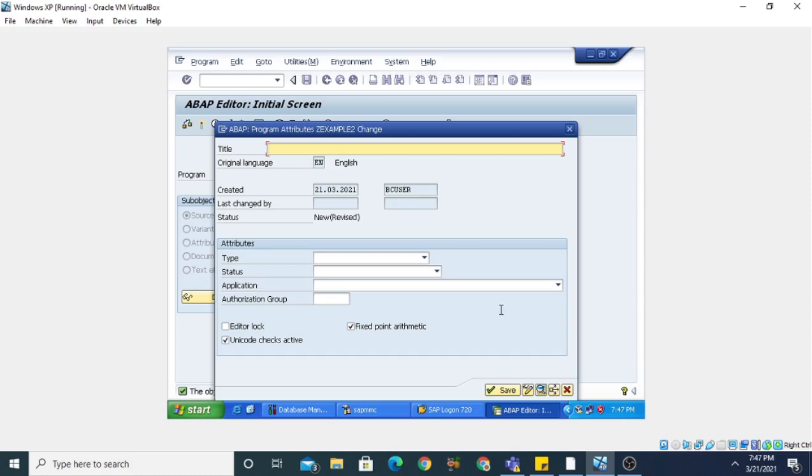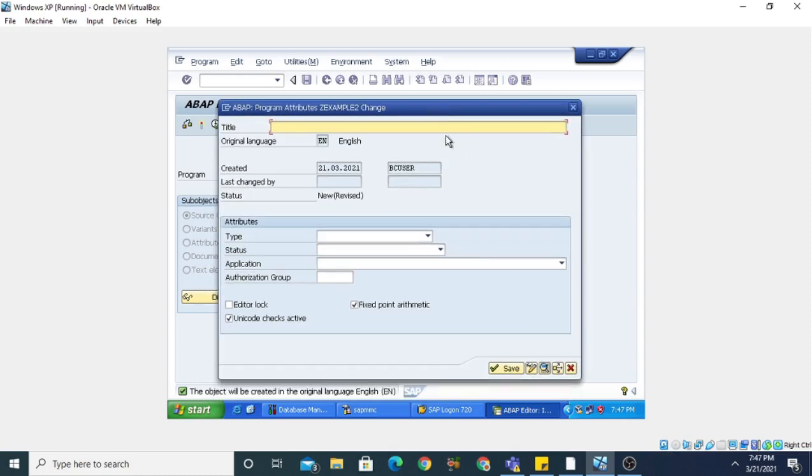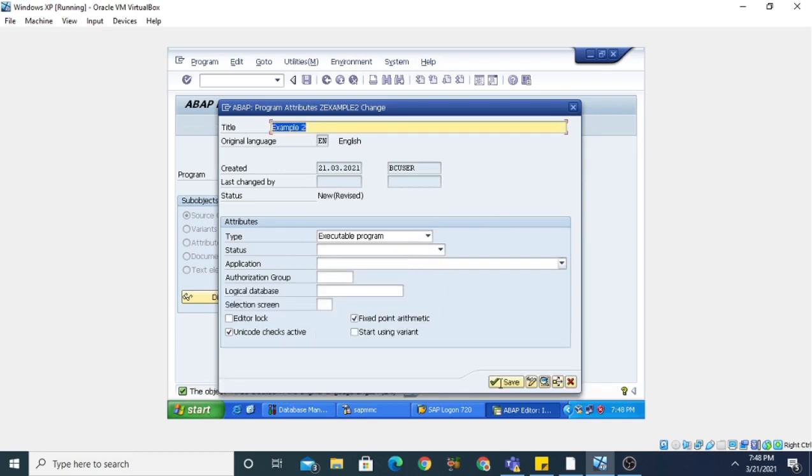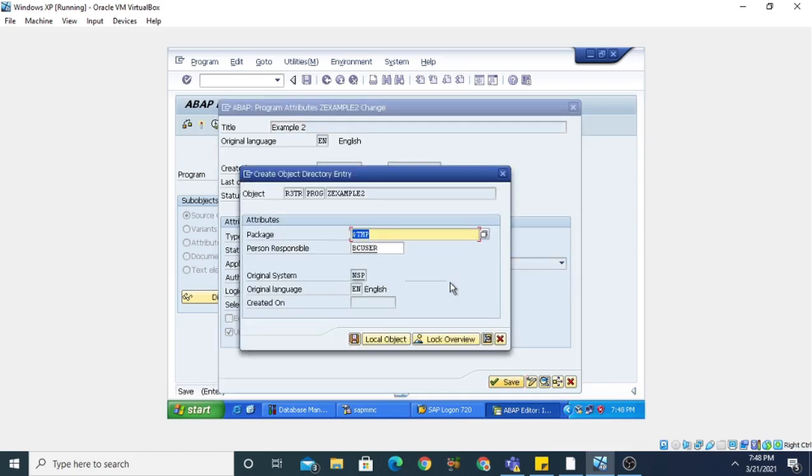The first construct of these conditional branches we are going to take is if else if. So we are taking an example of this example 2, and then the type executable program. Click on the save button. It will ask for the package in which you want to save it. In my case I am taking it as a local object.